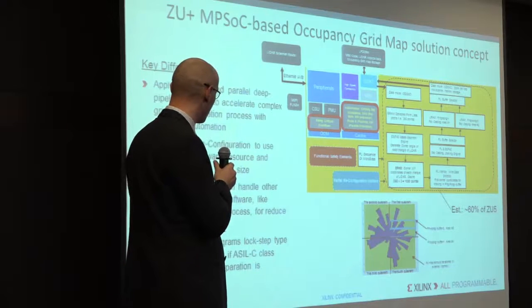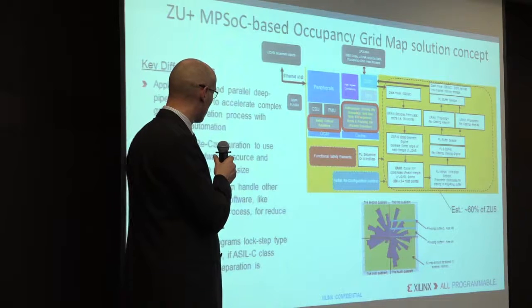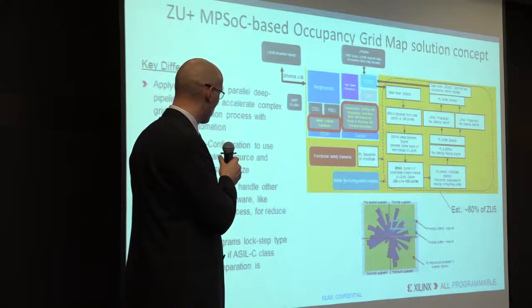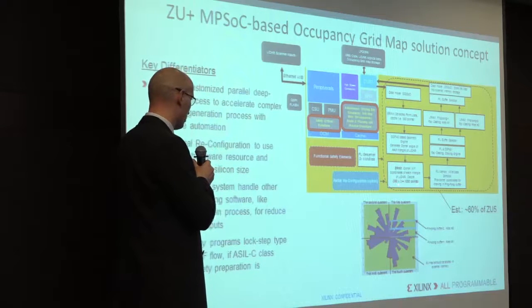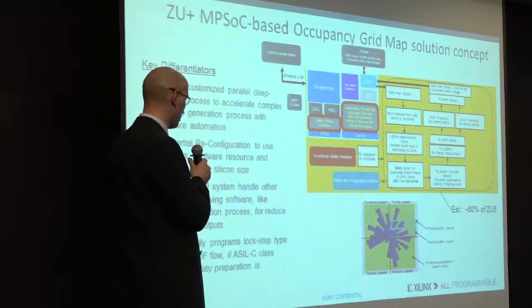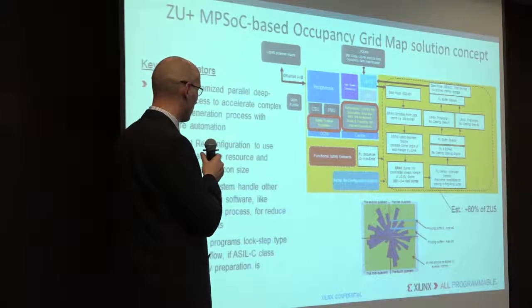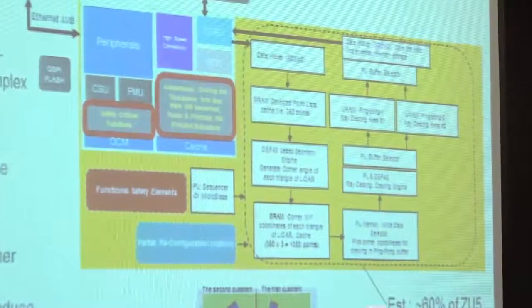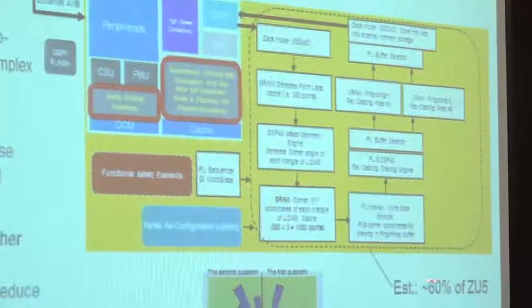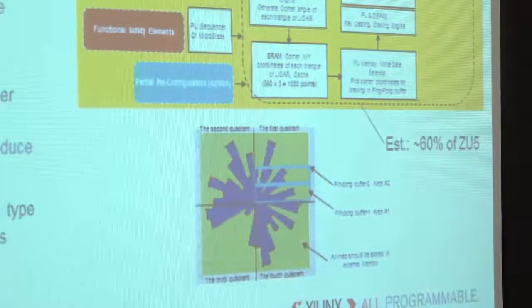You've seen here that one of our system architects did a deep dive and did some evaluation of what would be required. There's another nice feature that we could use called partial configuration, where during full operation of the device we would try to reconfigure parts or blocks of the design to make better use of the silicon. So our first estimation is that for such an occupancy grid map, we would need maybe 60% of a CU5, which you'll find in the former slides in the product table to get an understanding of how good that